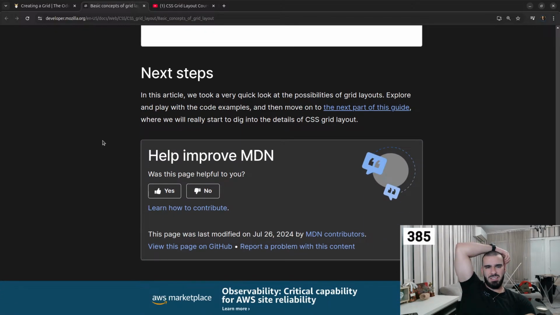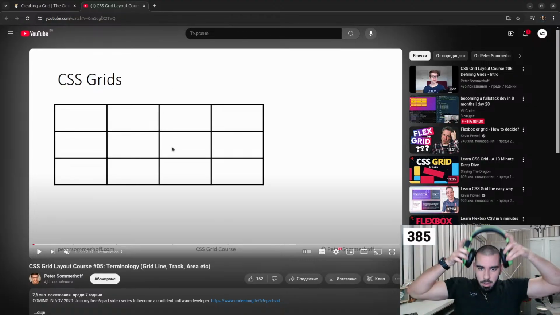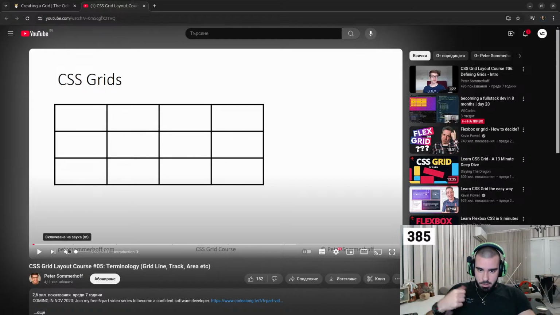We have next steps. Code examples in the next part of this guide, so on and so forth. So we're done with this MDN article, and lastly we have a video to watch that is very quick. Let's go through it. Now in this lecture I'm going to go through all the terminology that's required in order